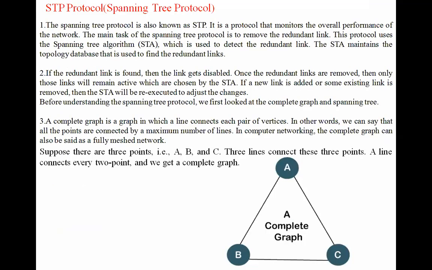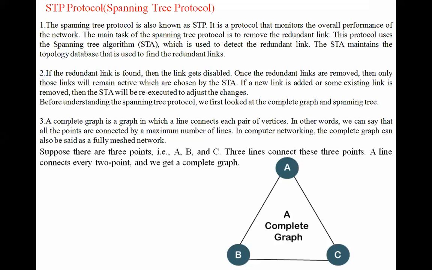Okay, the last protocol of this unit is the spanning tree protocol. What is the meaning of the spanning tree protocol? Its main usage is to complete the particular loop. You have to look at the particular loop there. If it is not complete, you have to make it complete by using redundant links. What is the meaning of a redundant link?